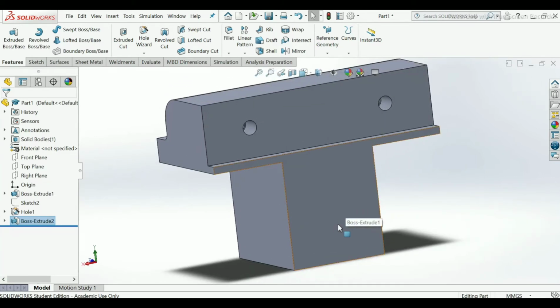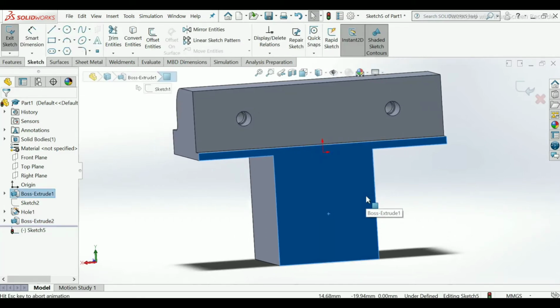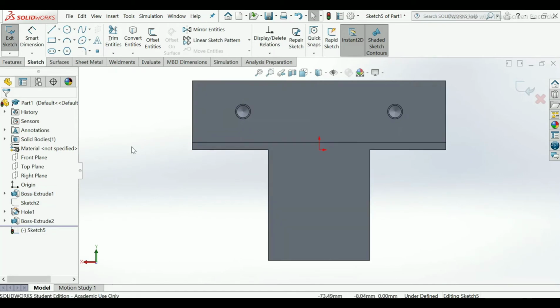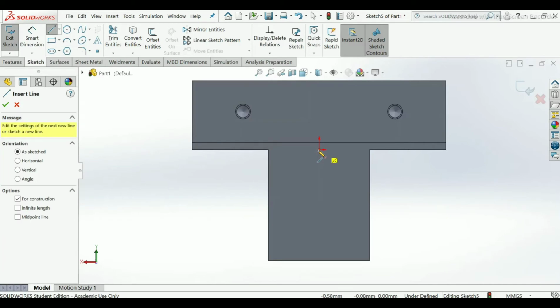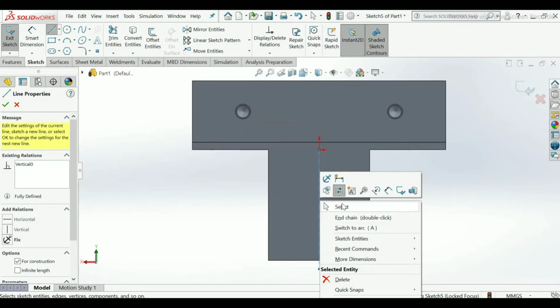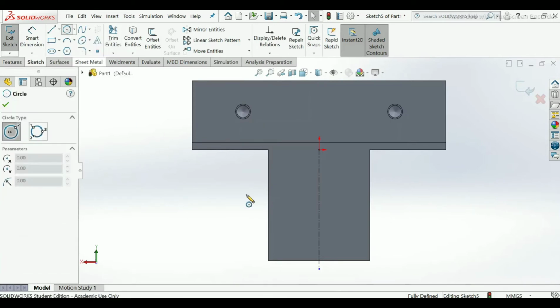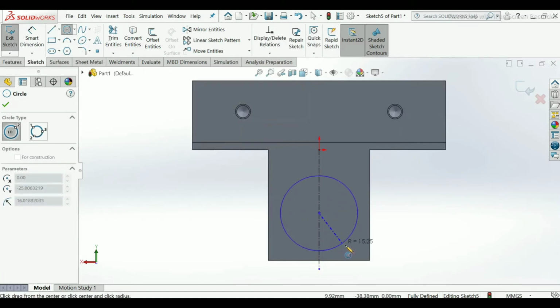Now here we have to make one hole which has a thread of 20 by 2. Select this plane, sketch, normal to, apply center line. Select circle from the sketch command manager, draw one circle on this vertical axis.